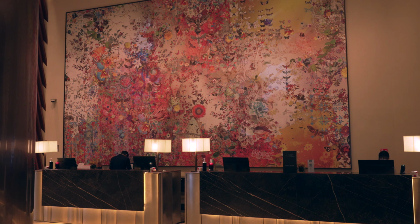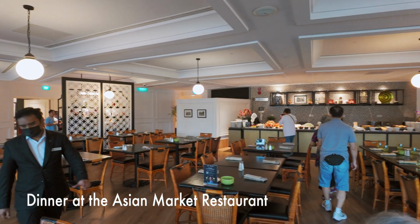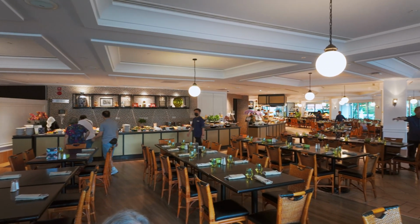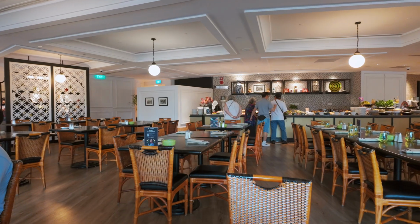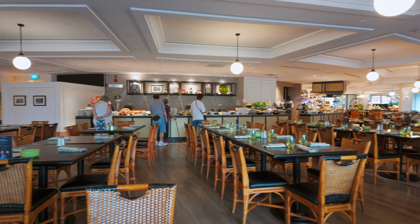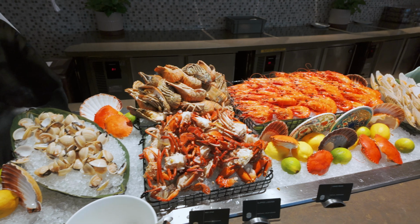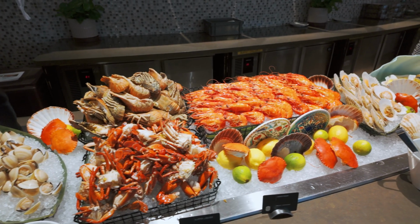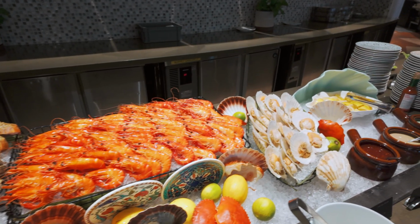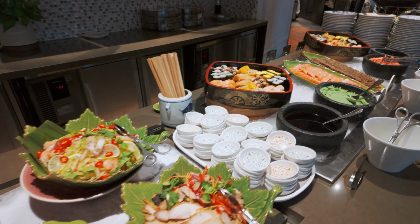And tonight we decided that we would eat in the Asian Market restaurant, which was, I'm not sure if it's actually owned by the hotel, but certainly they gave a discount to the hotel, and it also features the breakfast that the hotel use. It offers a halal food experience, specific in Asian cuisine. And from looking at some pictures online, it looked like quite a nice meal, so we decided we'd try it out. Buffet style restaurant and has a wide selection of seafoods, as you can see here, as well as many other dishes including meat,